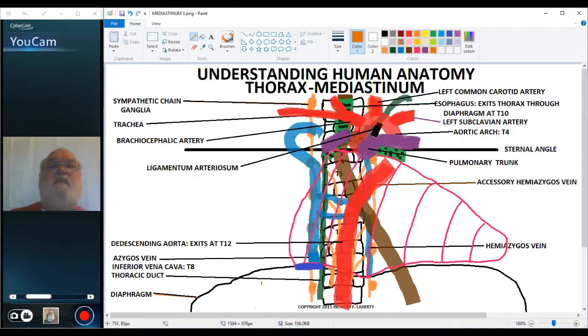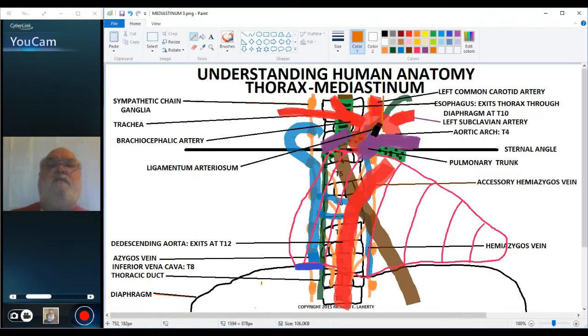And the left vagus, the 10th cranial nerve, descends through the neck and it runs along with the common carotid artery and the internal jugular vein, and I haven't got the veins drawn in yet. And as the left vagus comes down, it crosses the arch of the aorta,